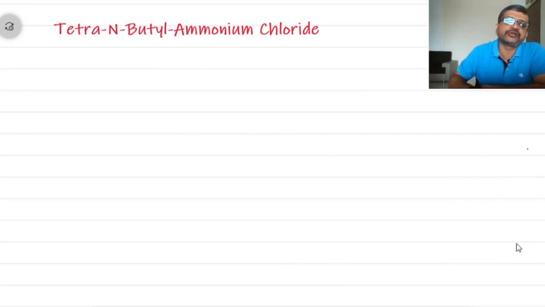We will see examples of tetra-N-butyl ammonium chloride. We can write it as 4 butyl groups attached to nitrogen having a positive charge and a counter ion of chloride. This is used in very many different types of reactions. One such reaction involves aldehydes which are di-substituted at the alpha carbon, that is, possessing one hydrogen atom on the alpha carbon, like